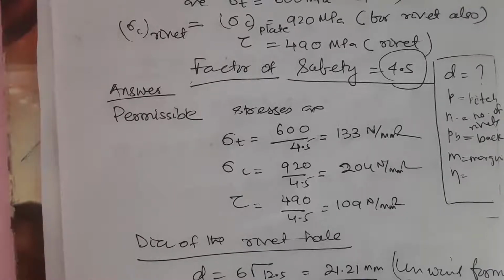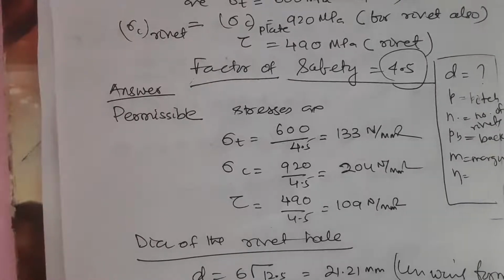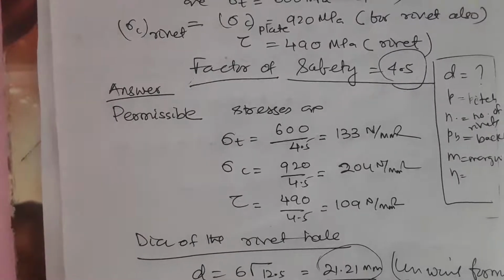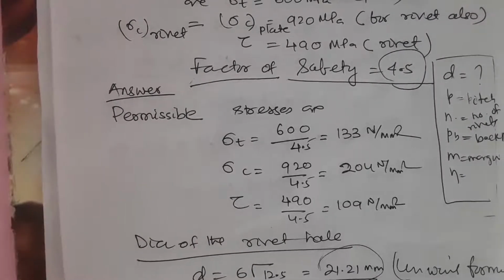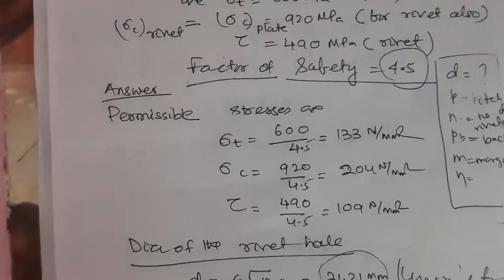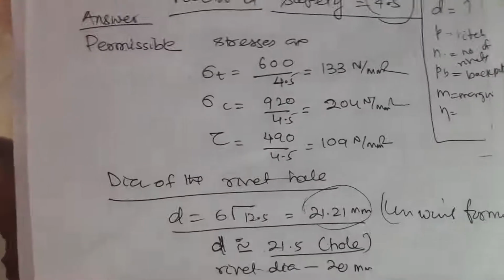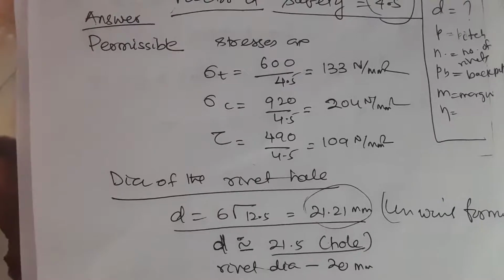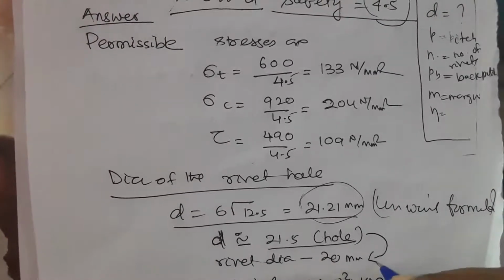This is the diameter of the rivet hole, coming out to be this much, and the nearest is 21.5. We have just equated it to 21.5 as per the drill bit size,